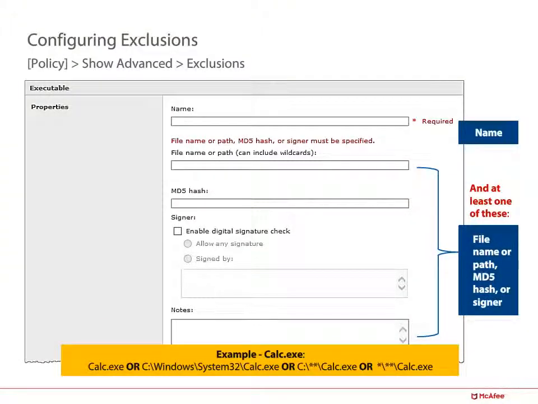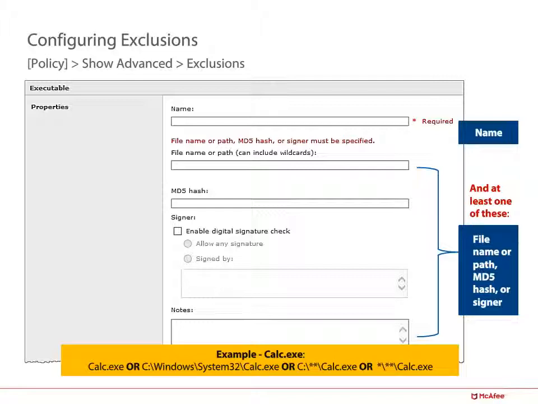To add an exclusion within this policy, be sure that you go into your policy catalog, select from your category the access protection, click on the policy that you want to edit. Within the policy, verify that you did select access protection. Select the Show Advanced button. At the bottom of the exclusions table, you click the Add button. Then you'll put in a name,